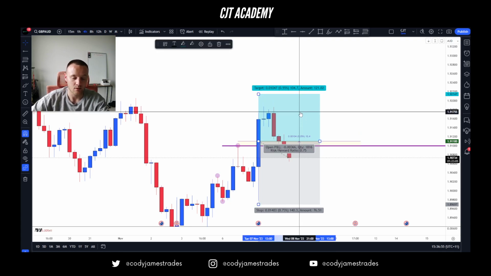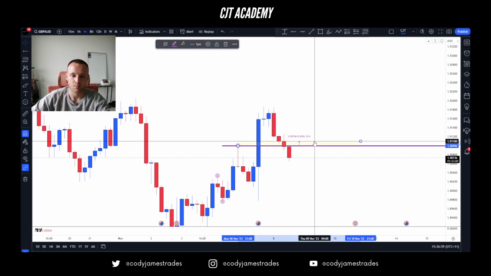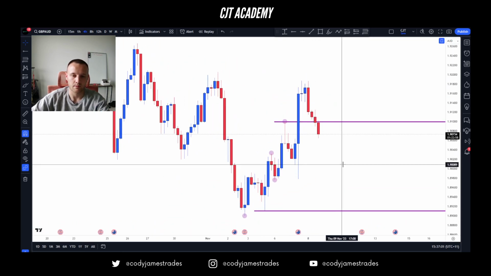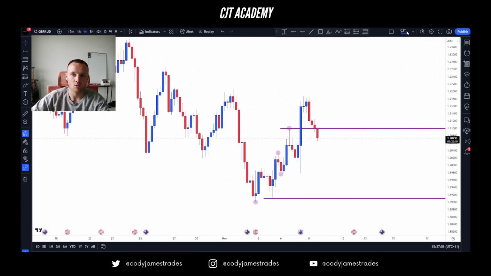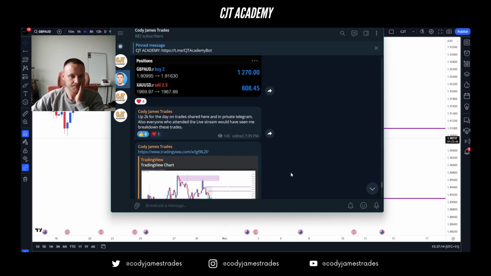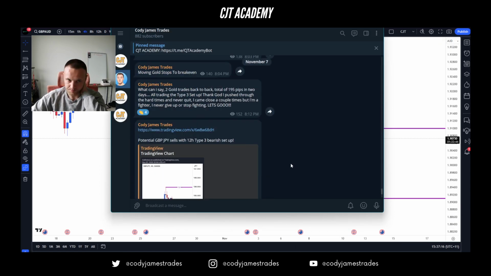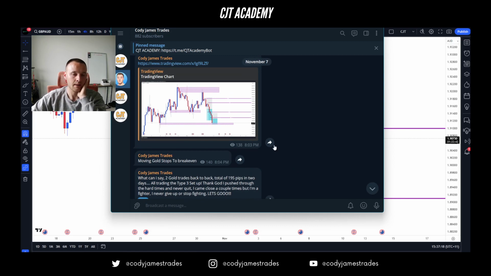because I don't like being in GBP AUD overnight. When it opens up in the morning, you get massive spreads on this pair, and it usually stops you out or takes you out at break even though it hasn't hit your break even or stop loss, because of how wide the spreads turn in the morning on GBP AUD. So that's that. You can see gold